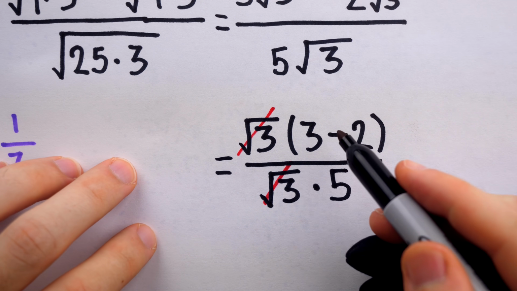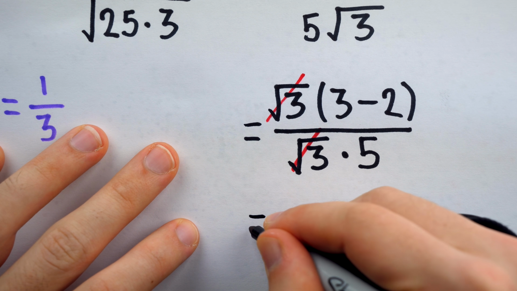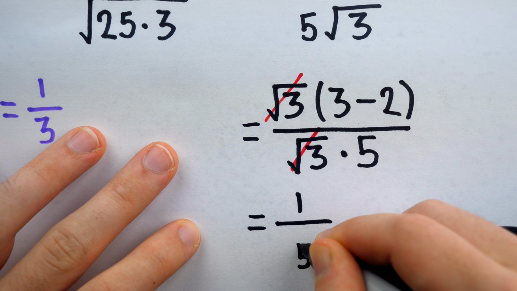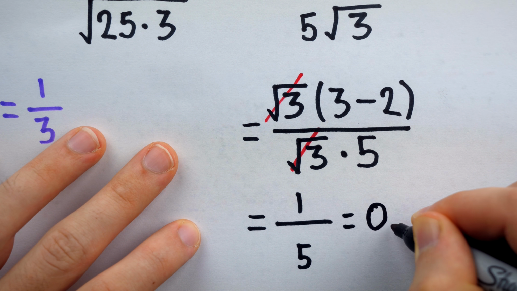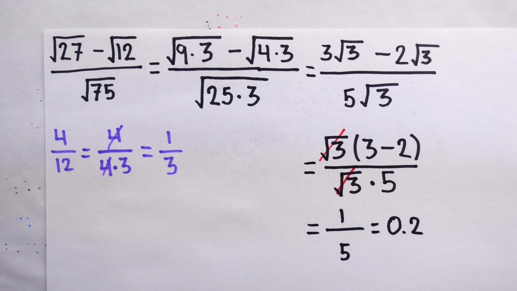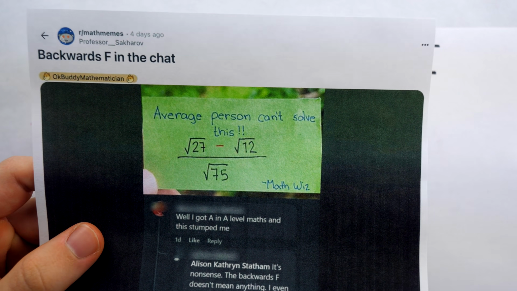And at last we arrive. 3 minus 2 is 1, and in the denominator we have 5. So 1 divided by 5, and that of course is equal to 0.2. This is a very easy problem, and if you want to be like the Math Wiz, well, for one, you